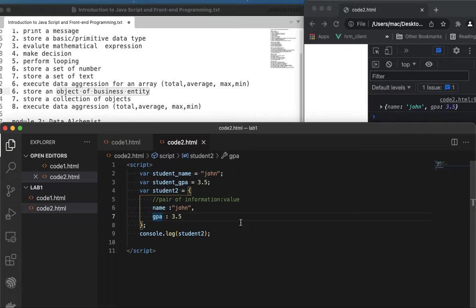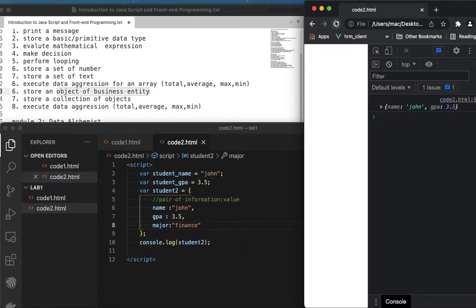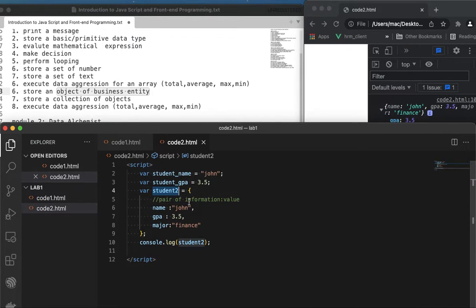Just imagine that you want to keep putting data in here. You can go and do it right now. You can have a major equal to finance, for example. And the output of this student number 2 will be just the same object, but now you got one more piece of information, which is the major. Okay, so speaking of this, you can see that now you have to remember only one variable, which is